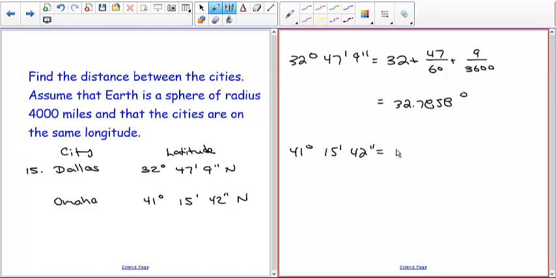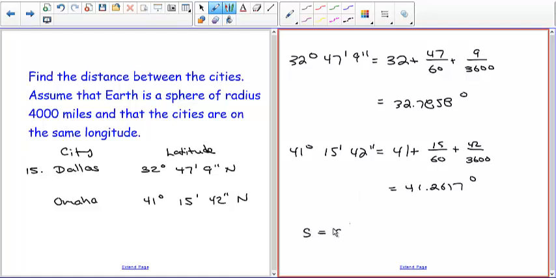So that's 41 plus 15 divided by 60 plus 42 divided by 3600. So you get 41.2617 degrees. So my change in angle, to find my arc length, all I have to do is take the